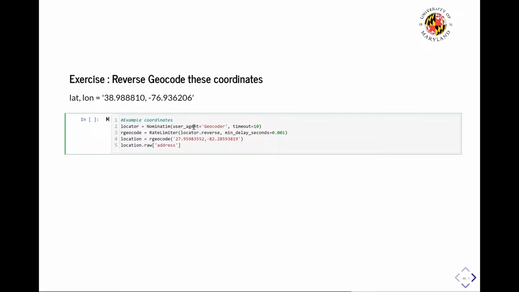This is the geocoding service, which we have named geocoder, and this is a rate limiter which will handle the timing out of the function. Then once we provide the coordinates with the geocoding service, the result is a dictionary of different features that we can access. So let's execute this code.